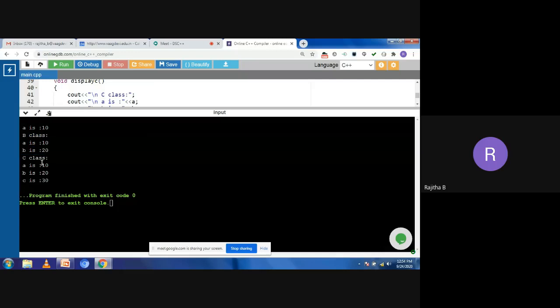Now come to the C class. So what is the C class? We are deriving the C class from the B class. And what is the B class? It is derived from the A class. Means A and B class data members can be inherited into the C class here. Like maybe your grandfather as well as your parents' traits, you can acquire into your body.